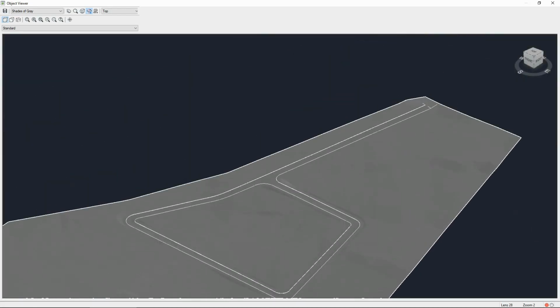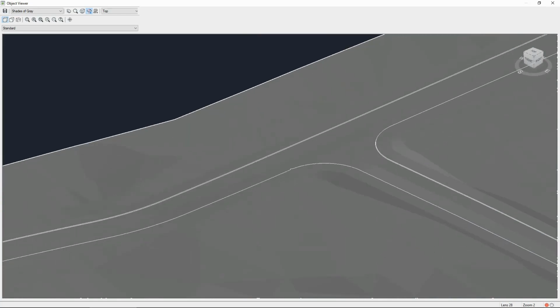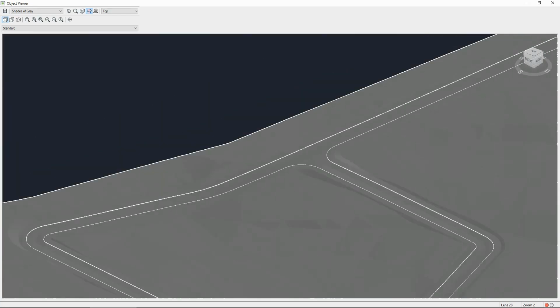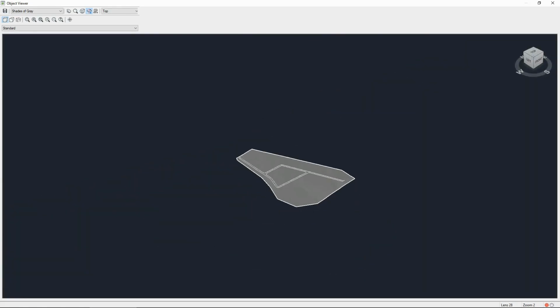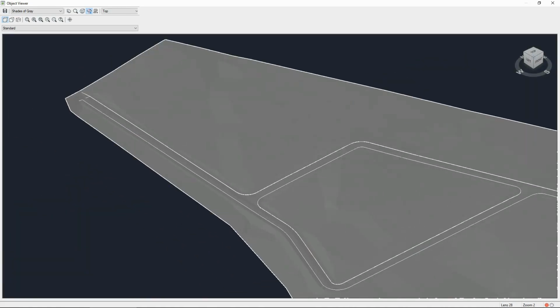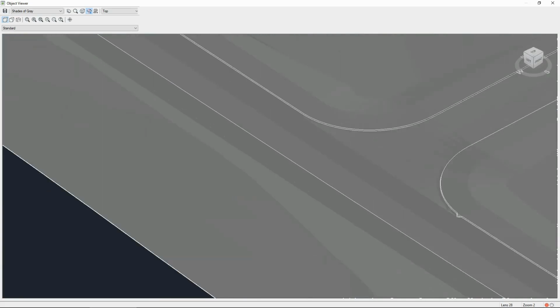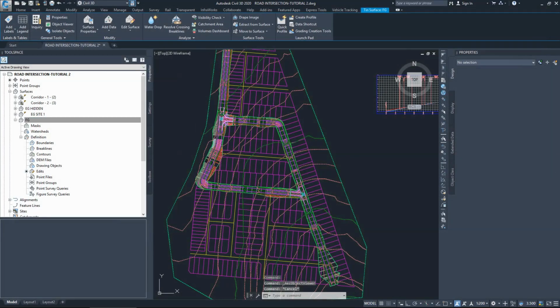Let's check the second intersection that we created at the start. We have a smaller problem here too. So if I just rotate this one around, look at it, we have a similar issue around this area here. We can fix that one too. So to fix these two minor issues, all I have to do,